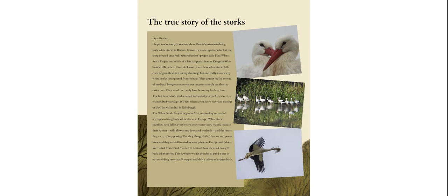No one really knows why white storks disappeared from Britain. They appeared on the menus of medieval banquets, so maybe our ancestors simply ate them to extinction. They would certainly have been easy birds to hunt. The last time white storks nested successfully in the UK was over 600 years ago in 1416, when a pair were recorded nesting on St. Giles Cathedral in Edinburgh. The White Stork Project began in 2016, inspired by successful attempts to bring back white storks